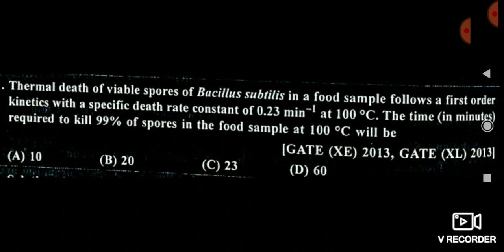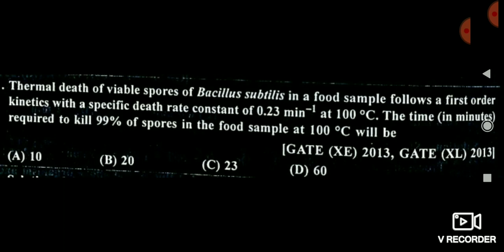Means we have nothing to do with the killing. We get the n value, the final number of microorganisms that are actually present. I will explain it in an easy way. Suppose initially 10 students are present somewhere. So you consider the n-naught value as 10. And someone said that after some time 6 students passed away, means 6 students are killed. So what is my final n value? Means 10 minus 6 is equal to 4.